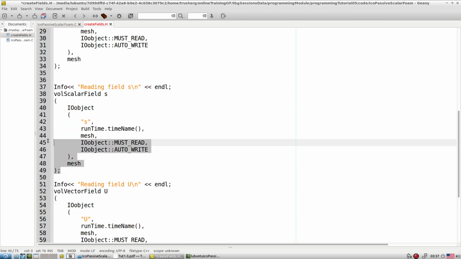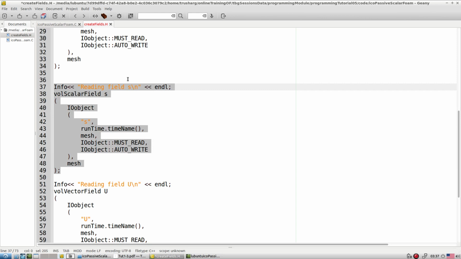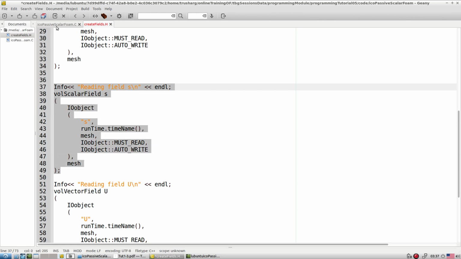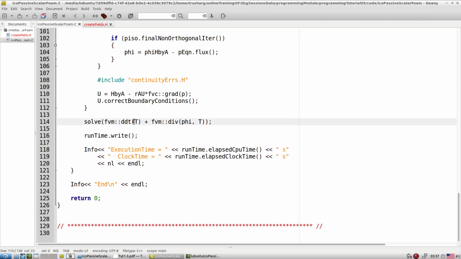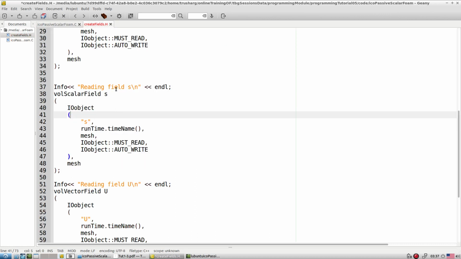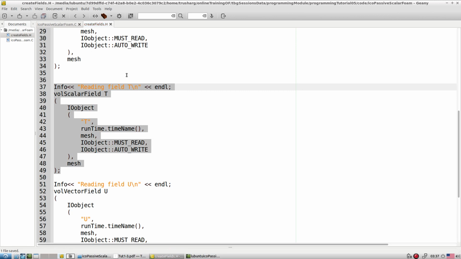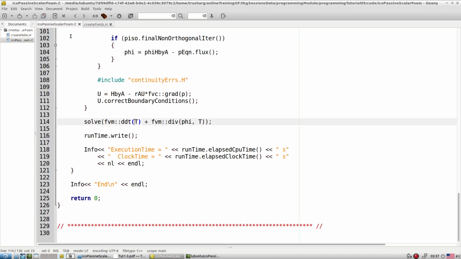By this way we incorporate the volume scalar field S inside our solver, so it will facilitate this one variable that is needed. Sorry, in this case it is T, so let me change it to T. So we constructed this new variable. Now this variable is ready to go, and our solver's one line is also set.